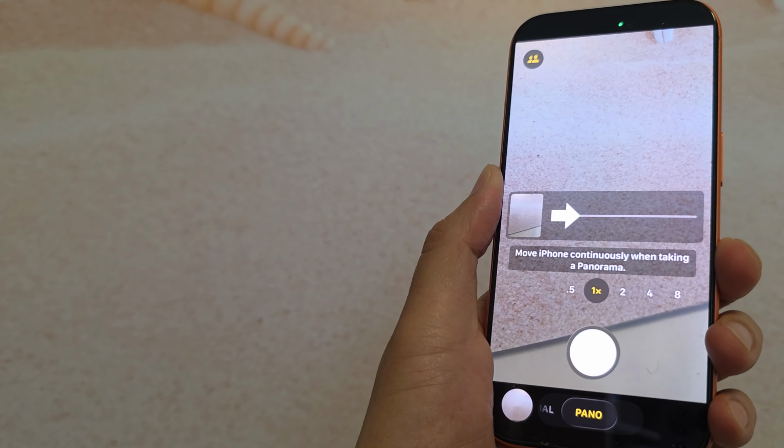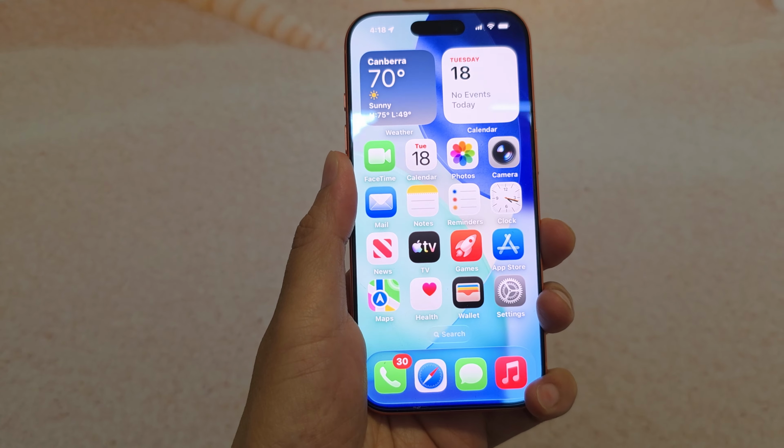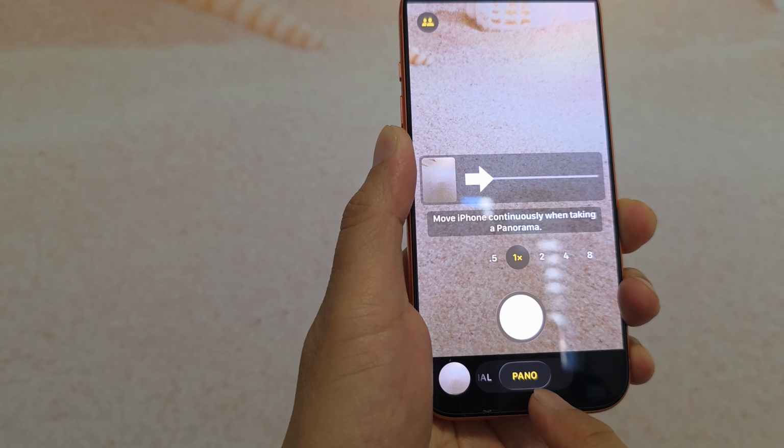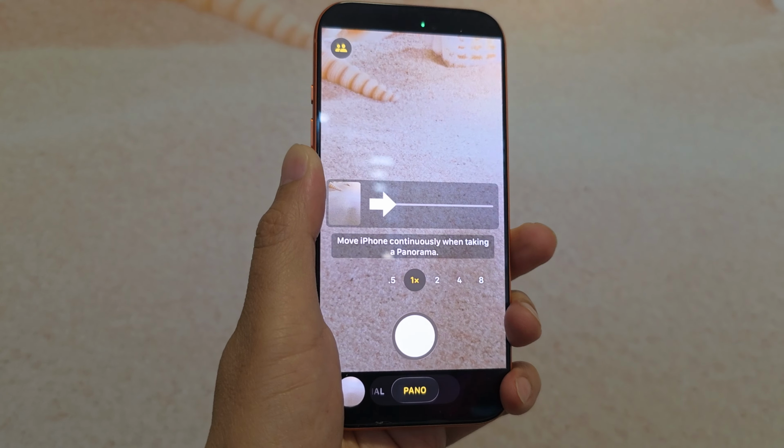How to take a panorama picture on iPhone. First, let's go back to the home screen and launch the camera app. At the bottom here, swipe across until you select Pano, and then you want to start your phone from the